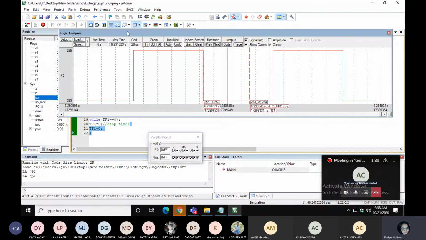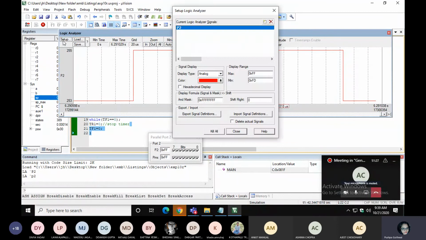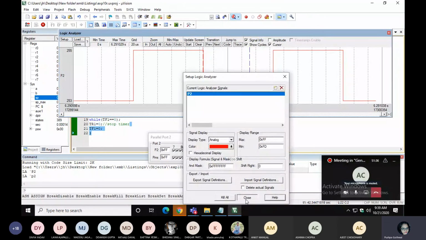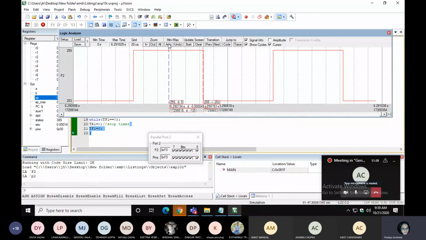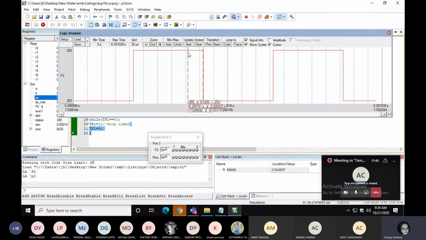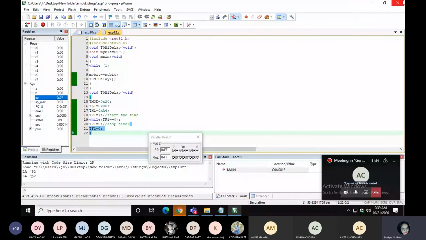Okay, so just remember how to do the setup. In my simulator I already did the setup, that's why you are able to see the result directly. But in your case you are not able to see this result directly, so I am telling you, after doing all the settings, if you're not getting any waveform, just press auto. Once you do the auto, your waveform will come into the picture. So you can see the value of your time and all via the cursor. Everything is calculated like a DSO. Okay, so in that way you can generate any frequency. I hope this is clear.